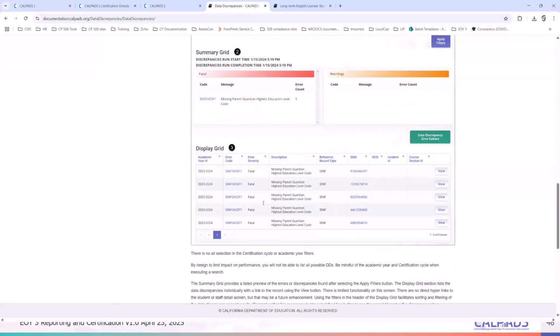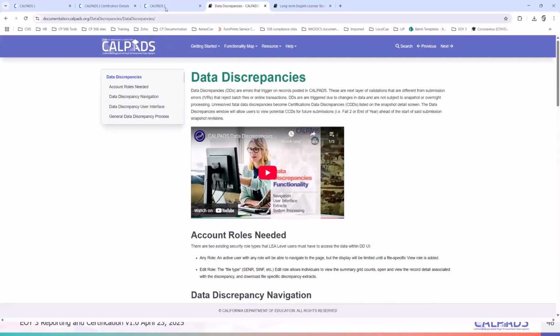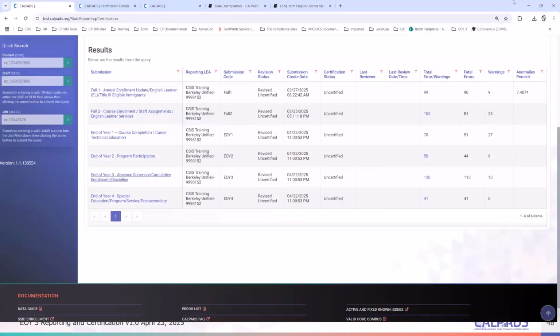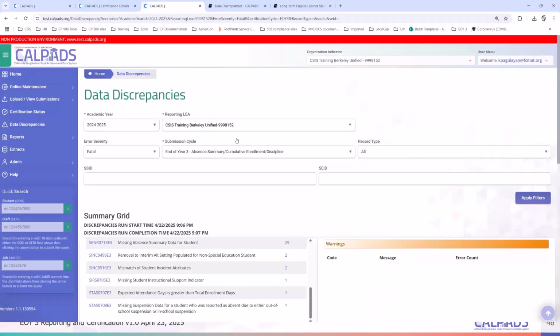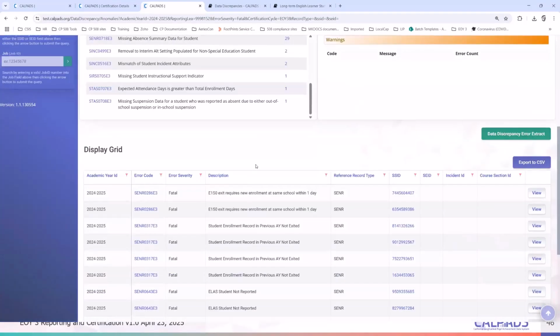There are also some details listed here for data discrepancies, and you can also look for it in the YouTube channel directly. So what are data discrepancies? These are actually next level errors that you have to resolve based on existing records in CalPADS.